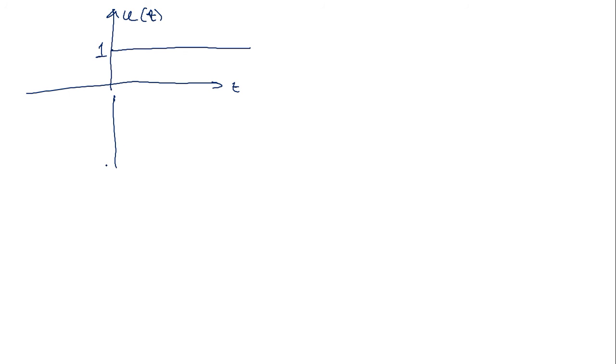I can check whether the unit step function is an even function or an odd function. Is the step signal even or odd? Say I can take u of t, which is 1 at t, and I am subtracting u of minus t. What is u of minus t? U of minus t is this.